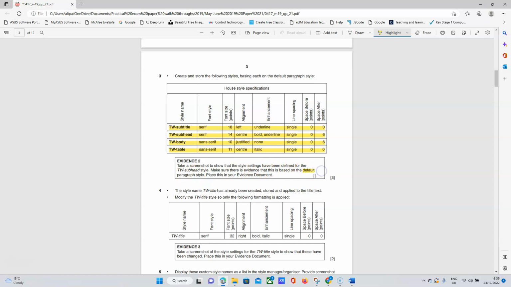So by choosing Normal in the paragraph when we were putting our styles in the style dialog window, that's what we chose. We chose Normal, which is the default paragraph style. Okay, so we need to put